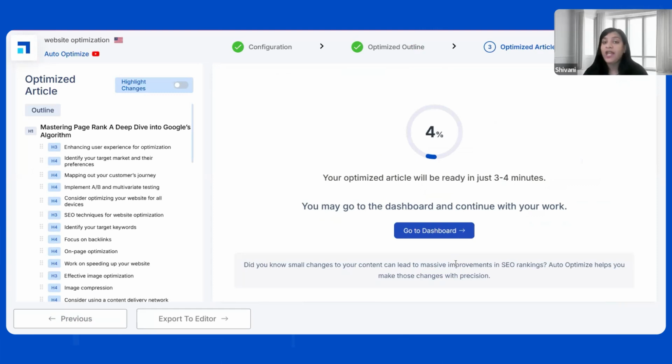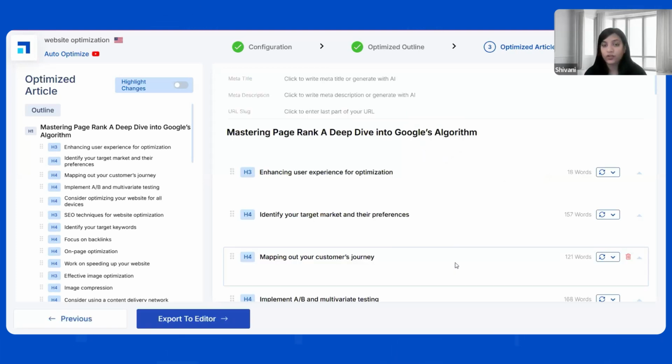We follow all the SEO guidelines so that Google never penalizes your content. We ensure that your content is 100% unique. Whatever new things we add to your content, we ensure that we are adding more uniqueness to it. We ensure that your content is helpful content. So we make sure that we create content that aligns with what Google wants.